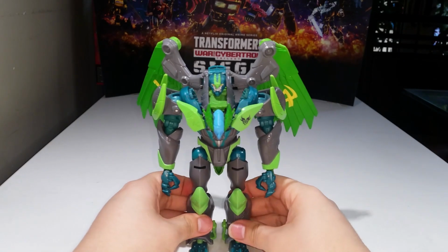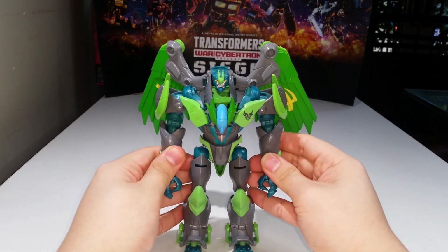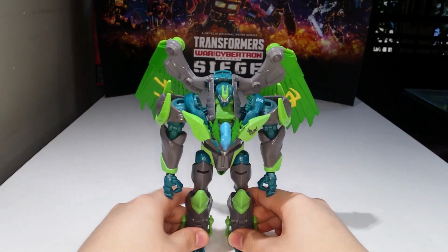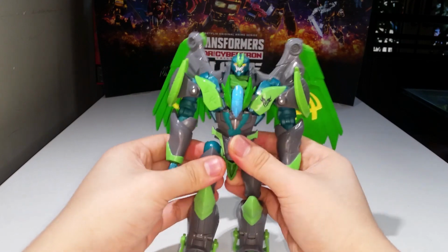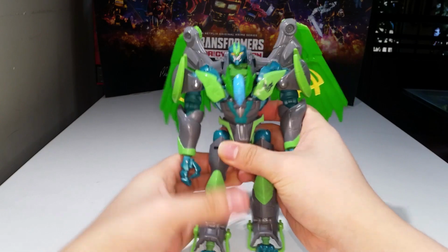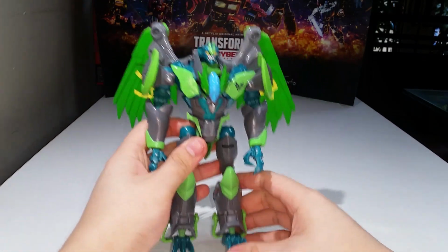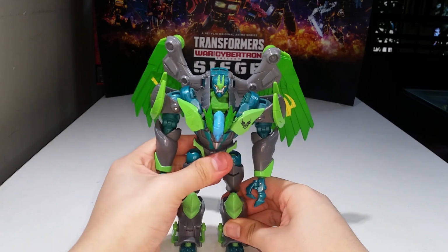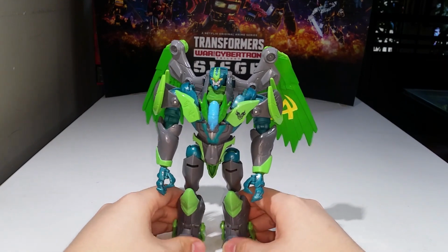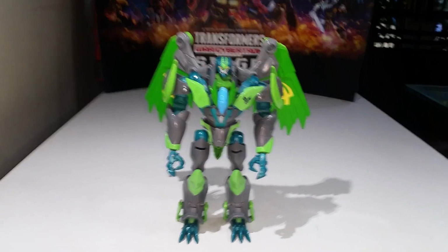So there you have Mr. Grimwing, fully transformed into his robot man. I'm trying to get him to stand straight. Let's see. There we go. Trying to get him to stand straight. Sometimes the leg joints are quite loose. But there you go. There you have